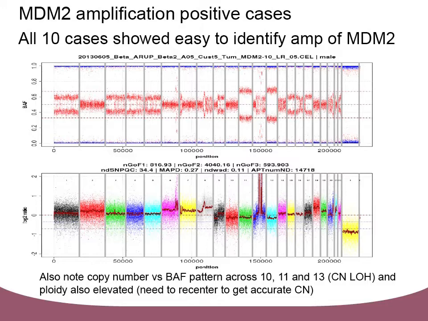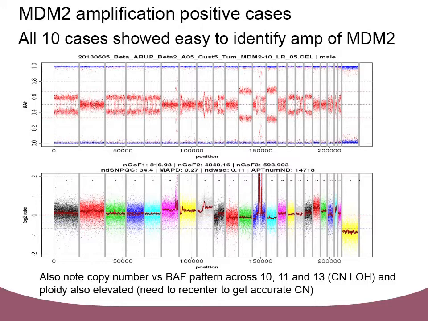This I also chose because it's another thing that you can do with this platform as you're looking across the whole genome, which is to try to figure out what is my exact ploidy and do I need to do some type of recentering to really get an accurate copy number, because we know that sometimes increased ploidy can, during the normalization process, throw off the actual copy number. But what you can do is look across here for a pattern that you expect from your B allele frequency and a pattern that you expect from your copy number and do a matching game to identify where's my true diploidy. And here's an example of where the copy number on chromosome 10, 11, and 13 looks like